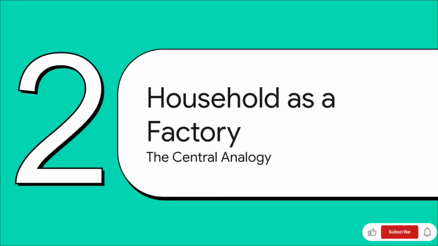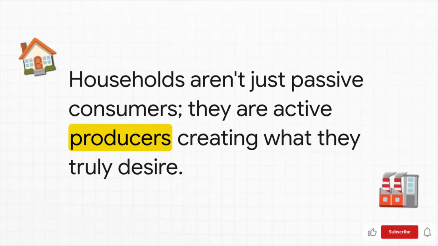Okay, on to the next part. This is probably the most powerful way to explain the whole theory, and it's something you should definitely use in your exam. I want you to start thinking of a household as a tiny factory. That's the key concept to jot down. We're not just passive consumers, sitting around waiting for things. Nope, a household is an active producer. We are constantly busy, making the things that actually give us satisfaction in life.